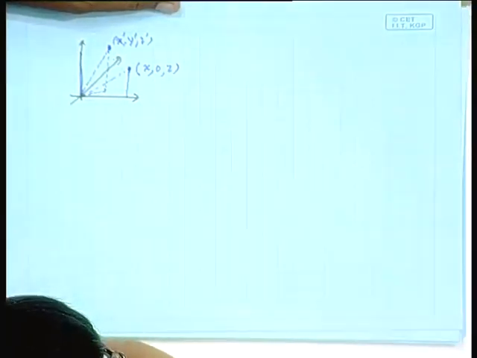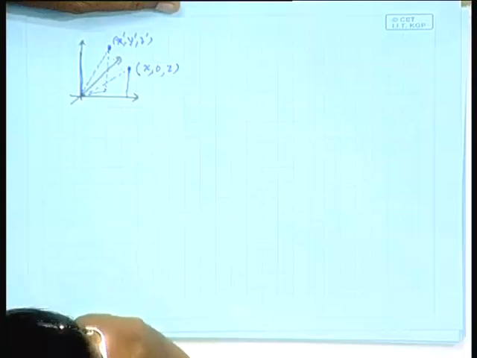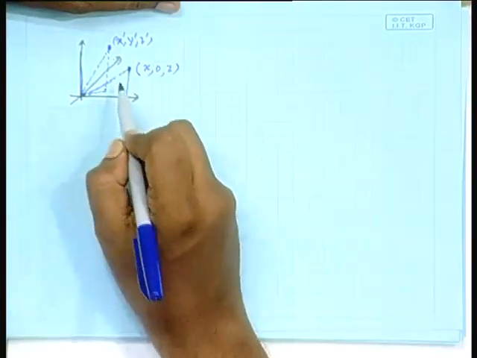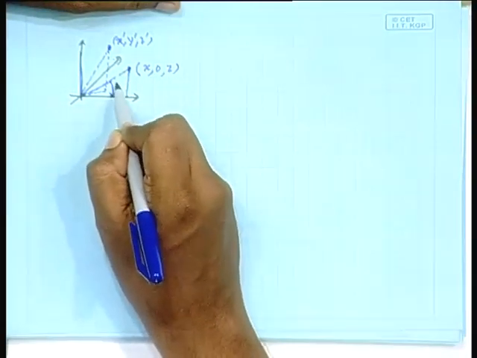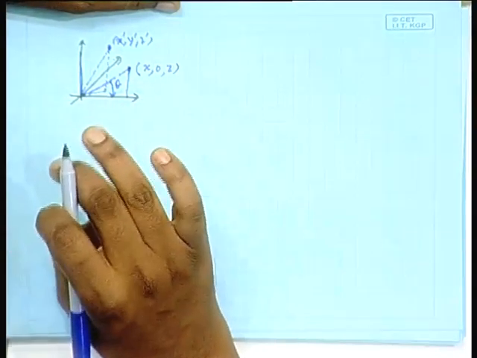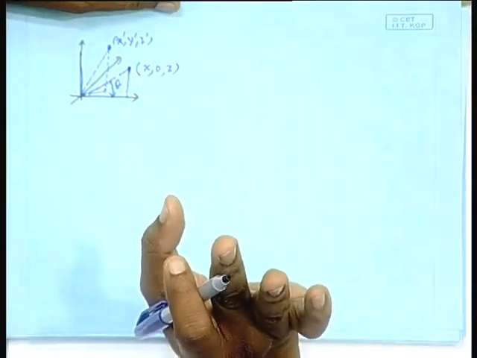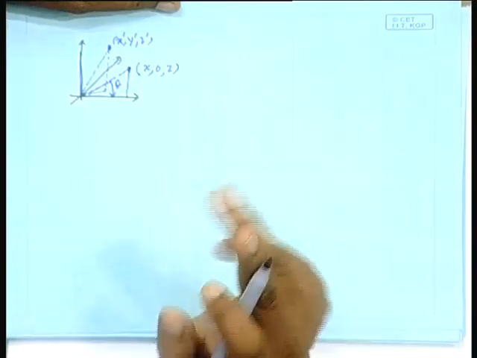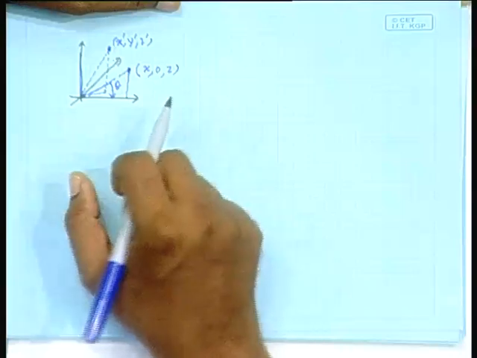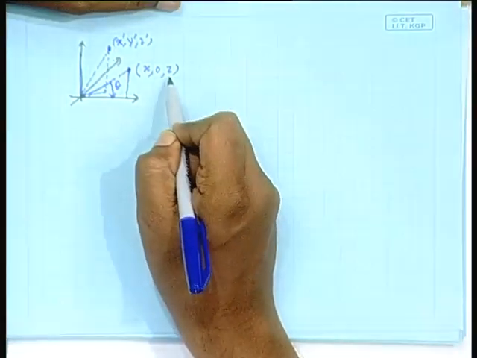This is the situation. What I will be doing? I will be first concentrating on this guy. I will consider this angle theta. I will be rotating the x z plane without bothering about the other vector. Whatever happens to it, let it happen. I will only rotate this x z plane by minus theta, so that even this z is annihilated.